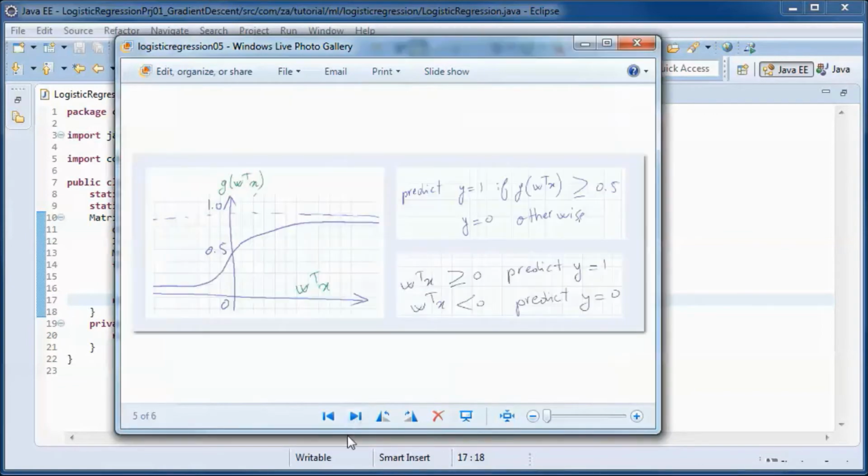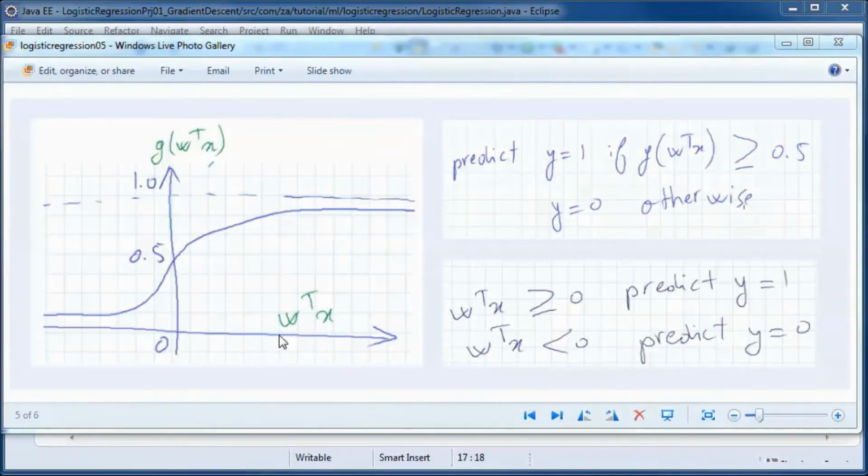So this is W transpose X, and this is g of W transpose X, and it's between 0 and 1, and y here is the label. So if g of W transpose X is bigger than 0.5, then y is 1, which means the candidate was hired, and he was not hired otherwise if it is smaller than 0.5.